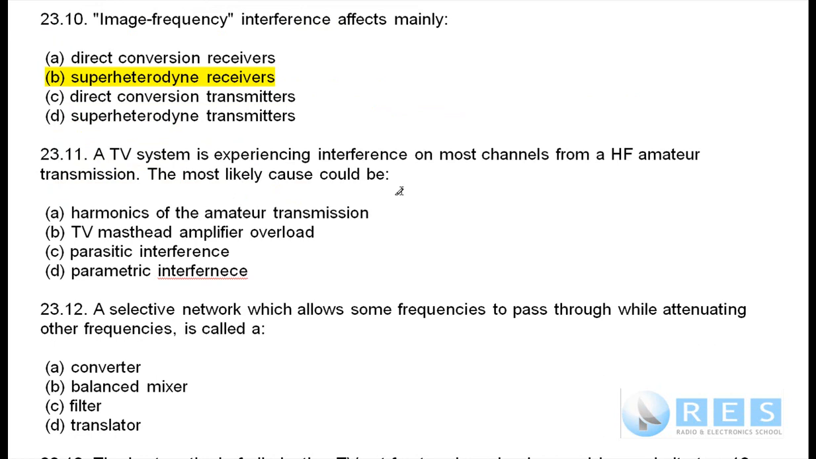23.11. A TV system is experiencing interference on most channels from an HF amateur transmission. On most channels, okay? So it's only most channels. It's not all channels, so it's probably not going to be overload, but it could be